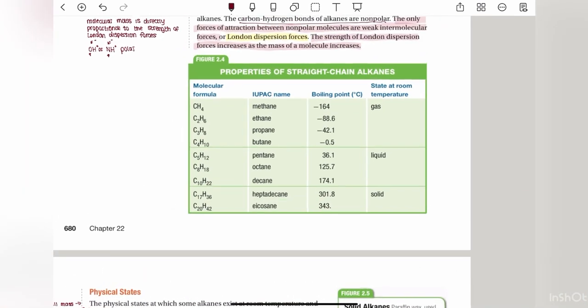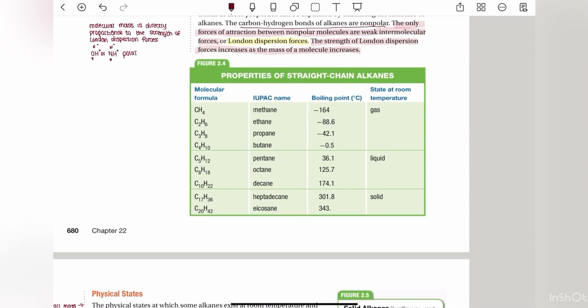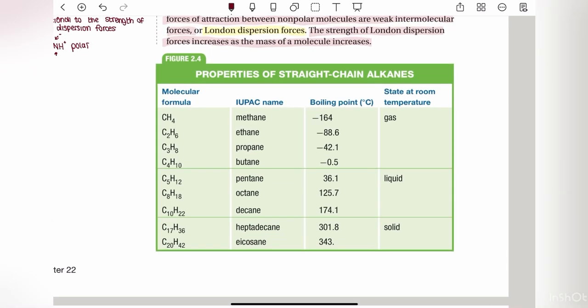So going back to figure 2.4, we see that compounds that have 1 to 4 atoms, as identified by the text, tend to be gases at room temperature. And then as the number of carbon atoms increases, the compounds become liquids and then solids at room temperature. The mass of hydrogen atoms is negligible because its molecular mass is 1.008 atomic mass units, whereas carbon is 12. And so